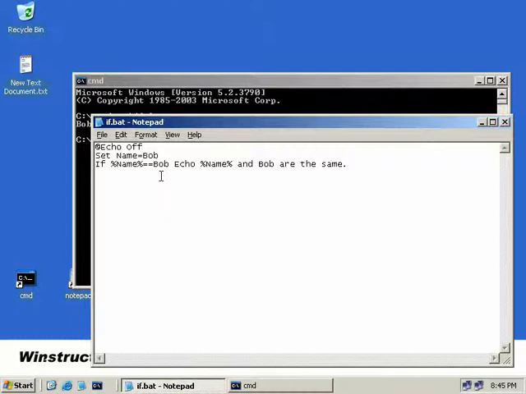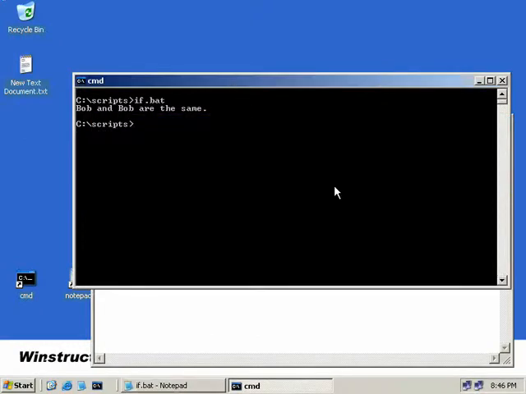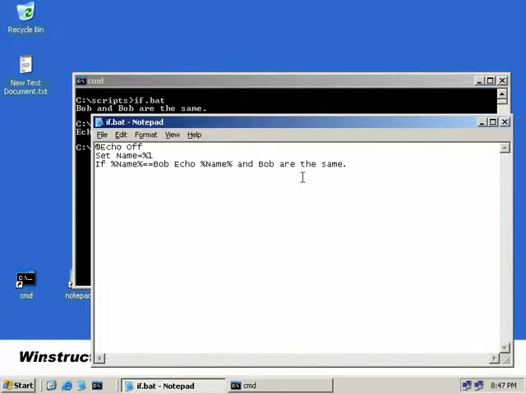Now let's just change this a little. Instead of setting the name environment variable directly to Bob, let's accept input in the form of an argument. So we'll change Bob to %1 and we'll save this. And then we'll go back to our command prompt and we'll rerun our script again, firstly without any arguments at all to see what happens. Alright, we get an error telling us that echo was unexpected as there was a problem with the first part of our script. Now, if we go back to our script and quote our environment variable,